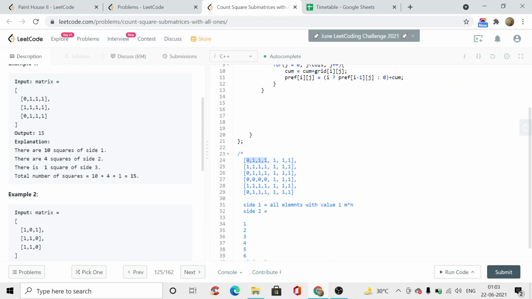We know it will be ones, but when we are at 2, we need to know that it's a 2 by 2. Okay, and if it is not,